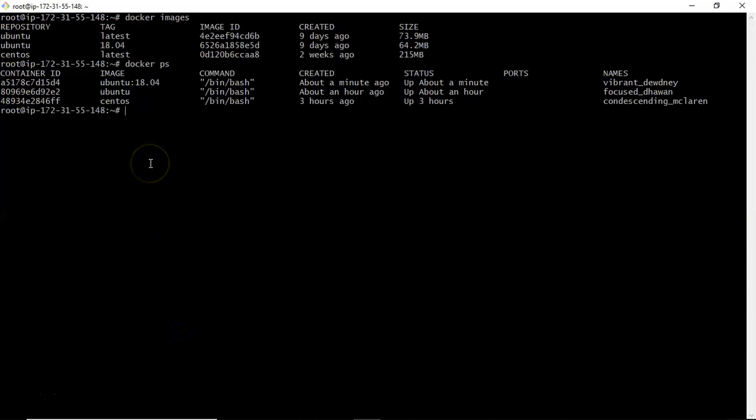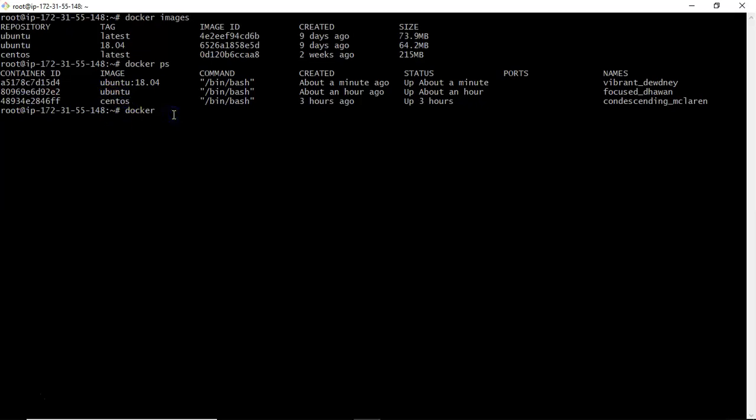Whenever you create a container, Docker automatically gives a container ID to identify your container uniquely, and it also gives some random name. That's fine. Now one more thing. Suppose here we are using the CentOS latest version. What is that version? Let me verify it by entering into this container, because this container has been created from the latest CentOS image.